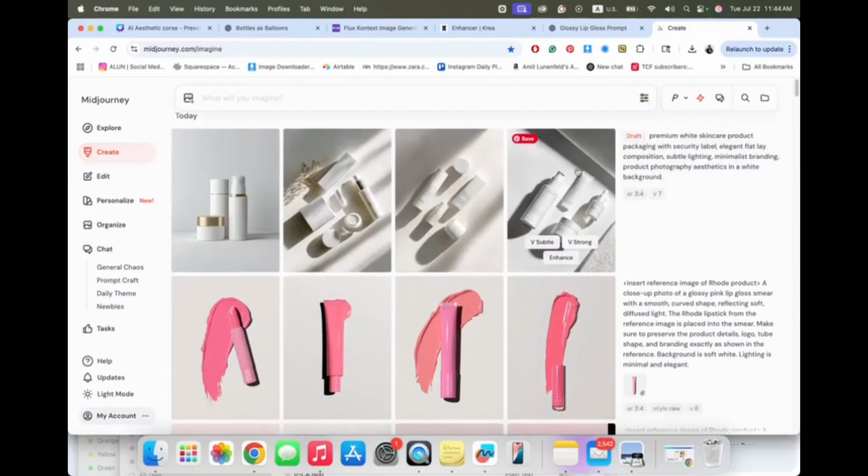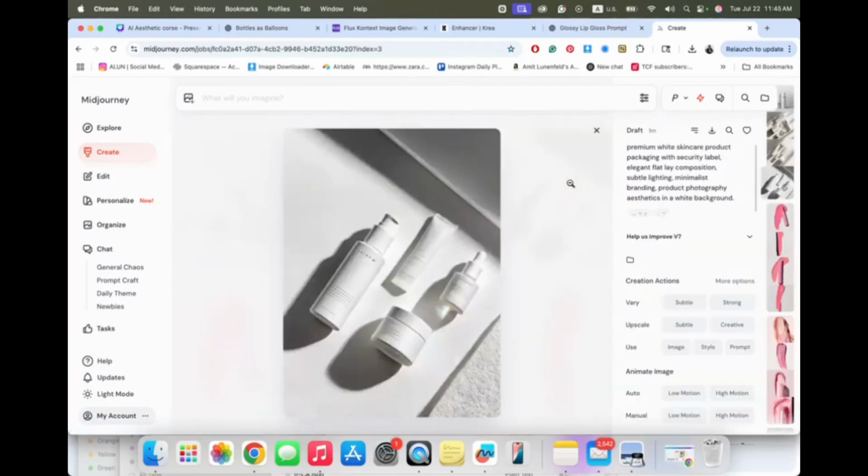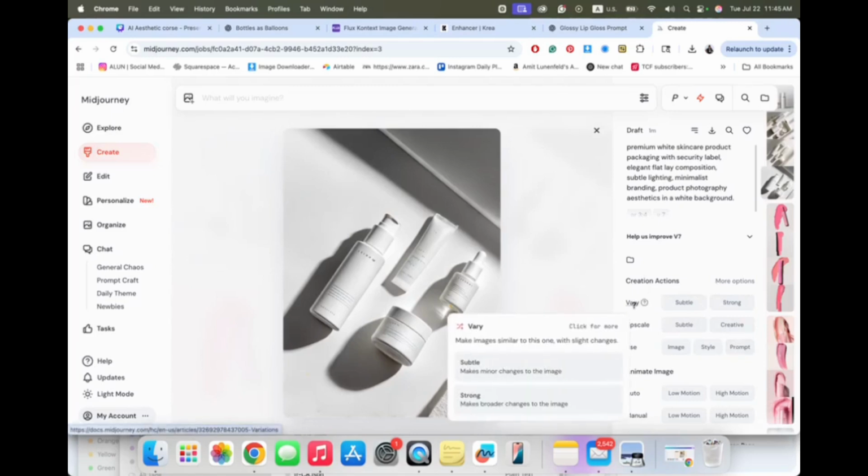It's so clear, and you can play with it. Now, if you got a result you like, you get 4 options. Let's say you like this result. You think it looks good. You can here, oh sorry, you can here do a lot of things to change it, to do it in a different way. So we will have here, you can see, make image similar to this one with a slight change.